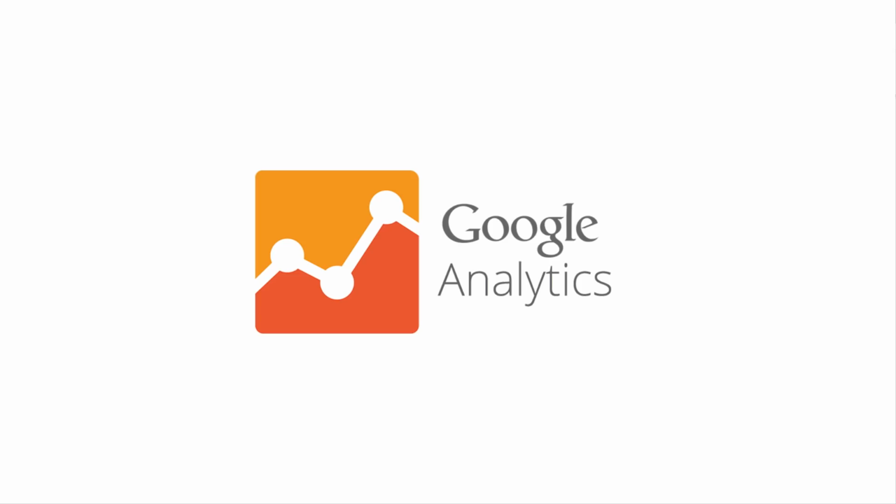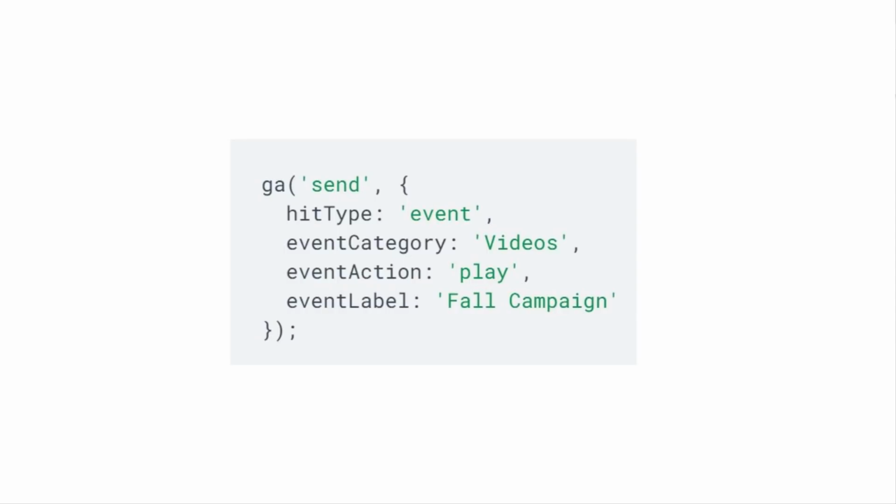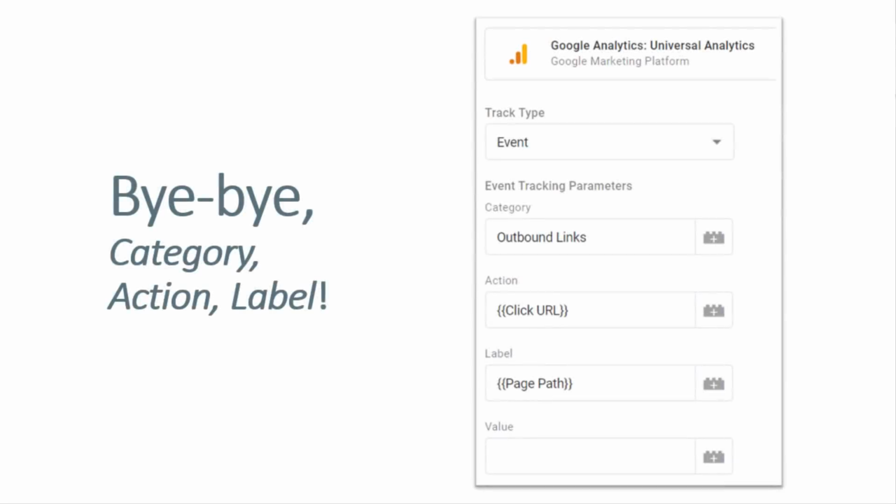But first, here's a quick note. If you are familiar with older versions of Google Analytics, you know that when you send an event to Google Analytics, you must send event category, event action, and optionally you can send event label and event value. Well, in Google Analytics 4, they are no longer available. This means that if you want to send an event, it is enough just to send the event name. And if you want to send some additional parameters, you can name them whatever you want. For example, if a form is submitted, then you can send an additional parameter that is called form type, or I don't know, something else.